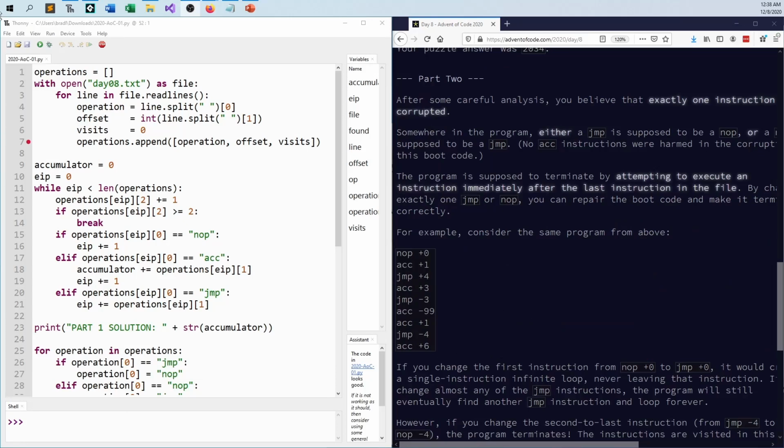Okay, and as with part 1, for part 2 we're just going to read the same file. We're going to start up everything. So everything up to here is just going to go away, but we do set up the file and set up our list of lists exactly the same for part 2.